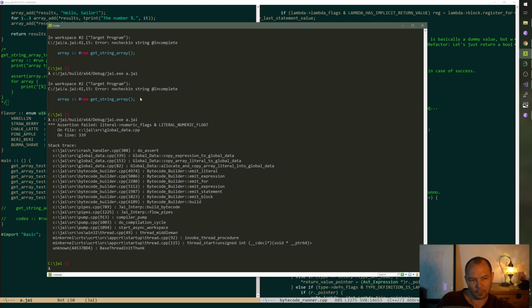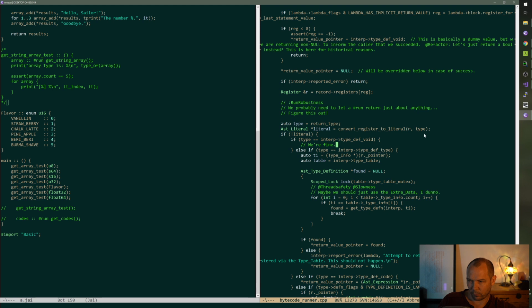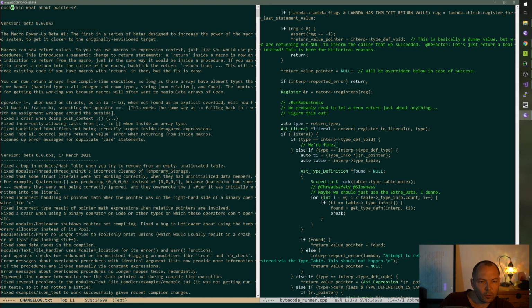We don't like that this flag was not set. Did I say integer here? All integer float and enum types.